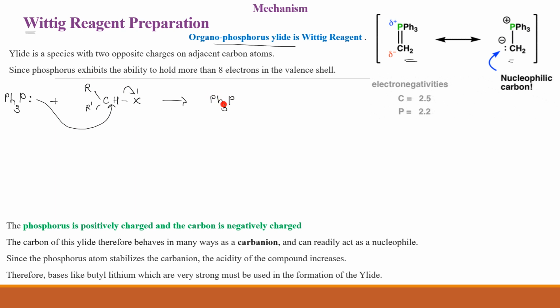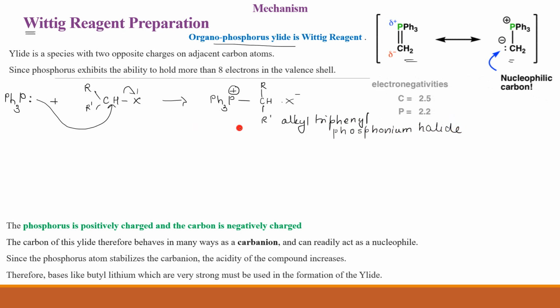Now PPh3, you can write it this way. It will form a bond with CHR', right? And now since the lone pair of electrons is utilized, it will have a positive charge, and to balance that, it will have a negative counter ion. This is called alkyl triphenylphosphonium halide. Just as you write nitronium, right? Similar to that, this is triphenylphosphonium halide.